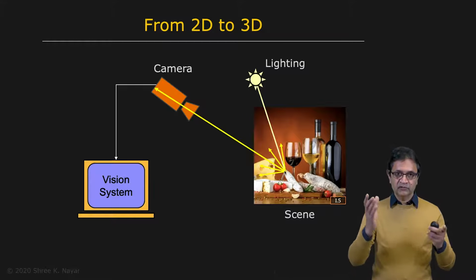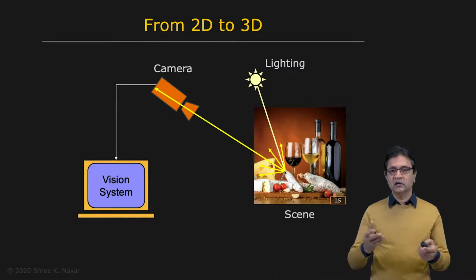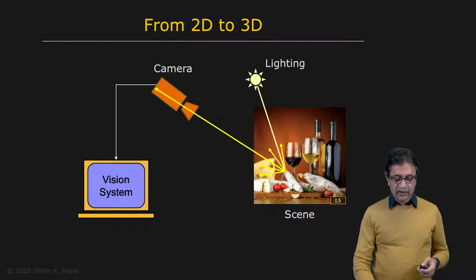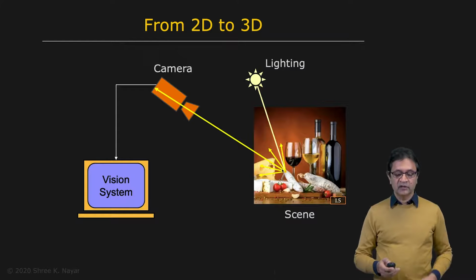This point receives light from the sources and then reflects it or scatters it in different directions. And the light that is scattered in the direction of the camera is projected by the lens of the camera onto the image plane where you have an image intensity value. And the question we're asking is, what does this image intensity value that we've measured here say about the corresponding point in the scene? So let's take a look at this problem in greater detail.